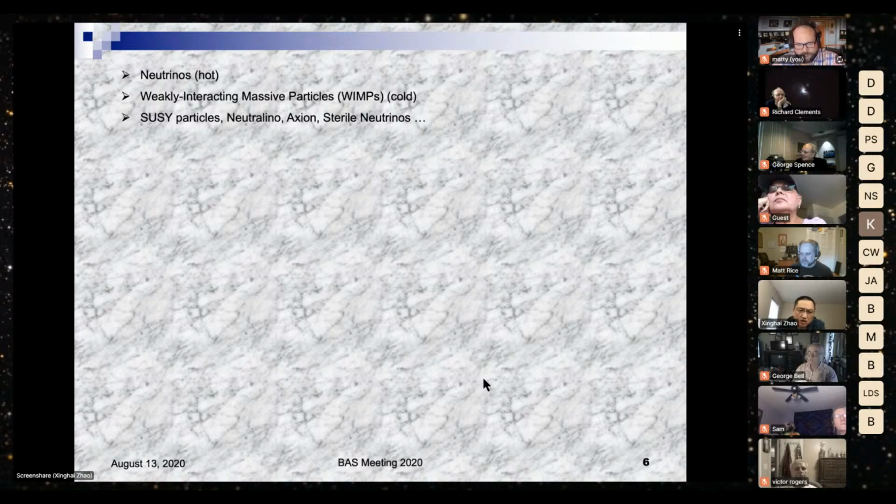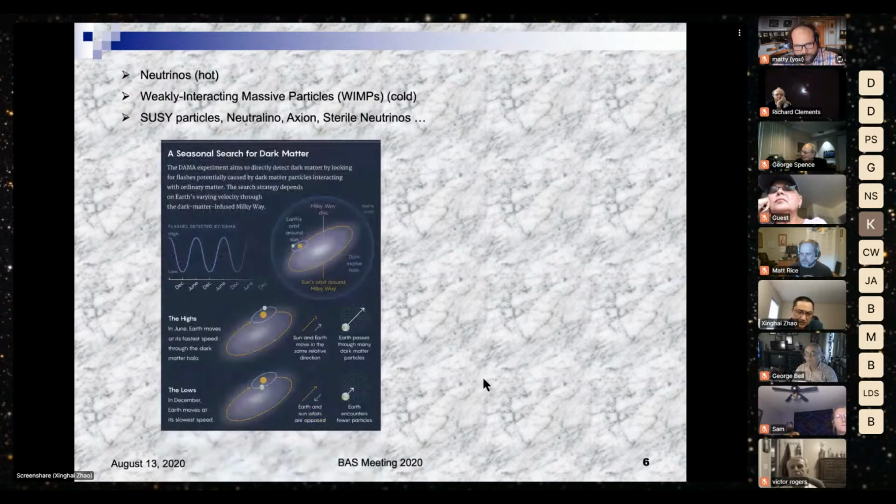So this is a current model. We believe that may be the case. How do we detect those WIMPs? Because the WIMPs are massive, their speed is relatively slow, so you have the so-called cold dark matter. Cold dark matter, and one way to detect those WIMPs is using